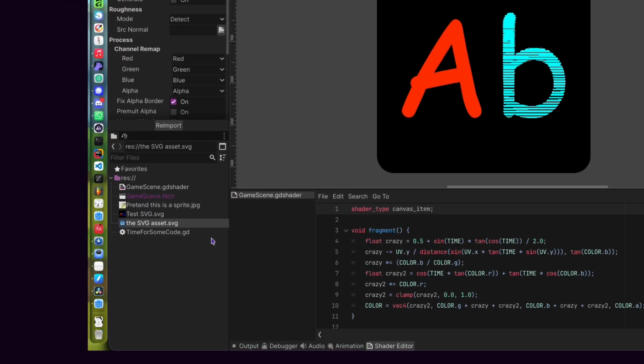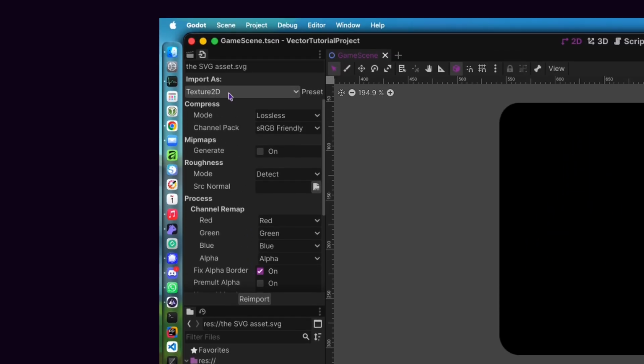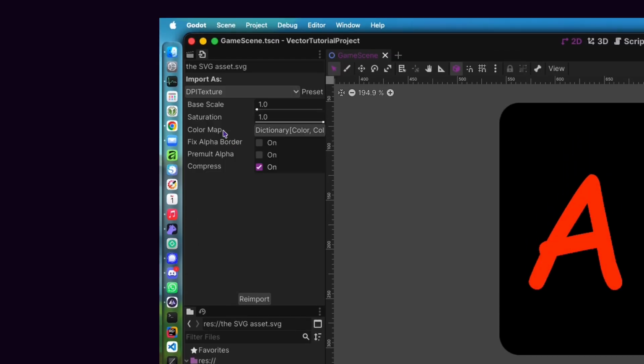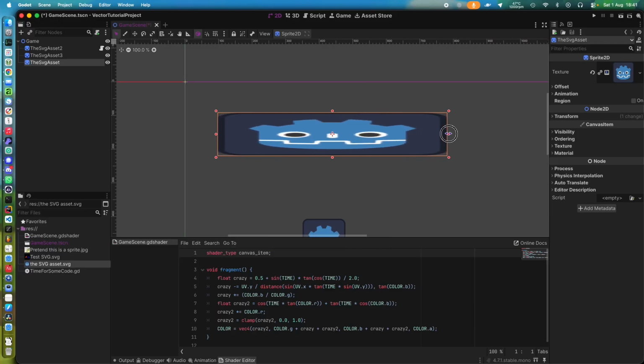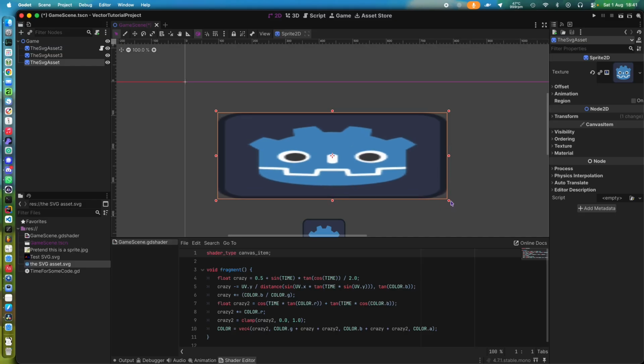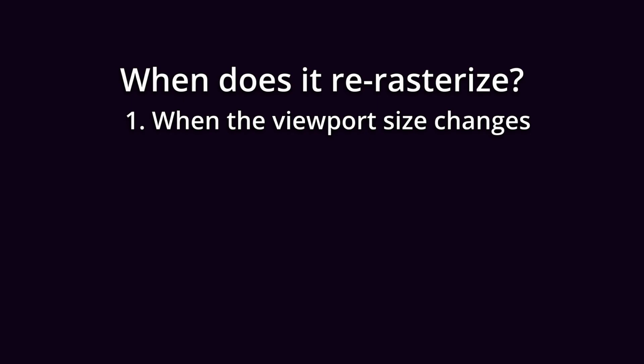To do this, select your asset in the file browser, go to the Import tab and change the import type to DPI texture. Creating a sprite out of that DPI texture will behave just like a normal sprite, and resizing it will not re-rasterize it. There are two conditions for the DPI texture to re-rasterize: when your project's viewport size changes, and when you change